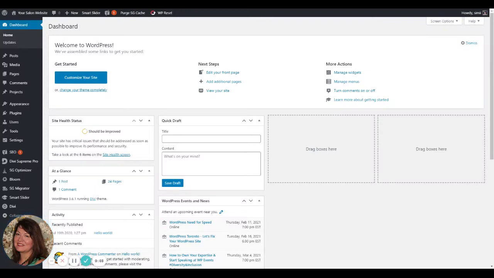Okay, so next steps. Now, there's lots of different moving parts to a WordPress site, but we're going to start with sort of the core of where WordPress started, which is the blog. So there are a couple of ways when you're using the Divi theme that you can create a blog post. We're going to start by using the Divi builder, and then we'll do another one that is just a simple